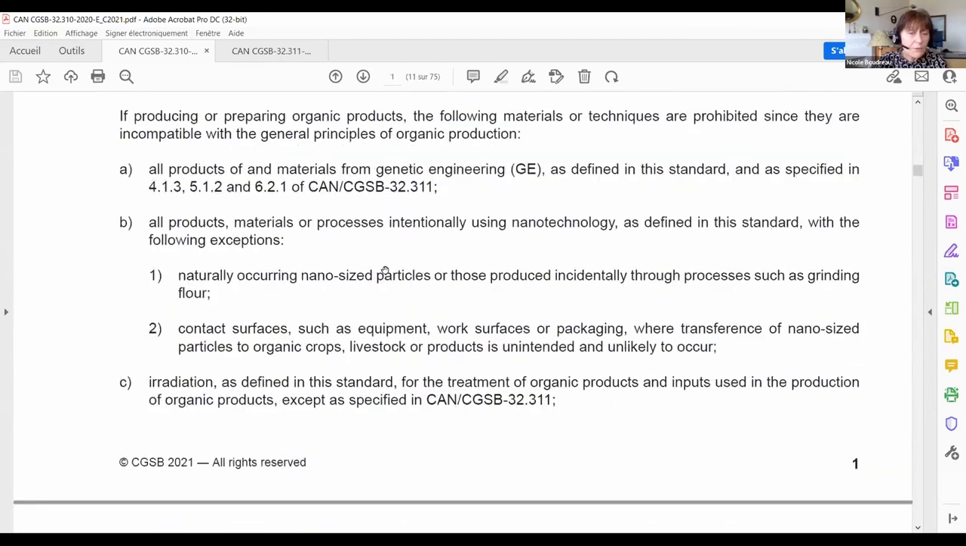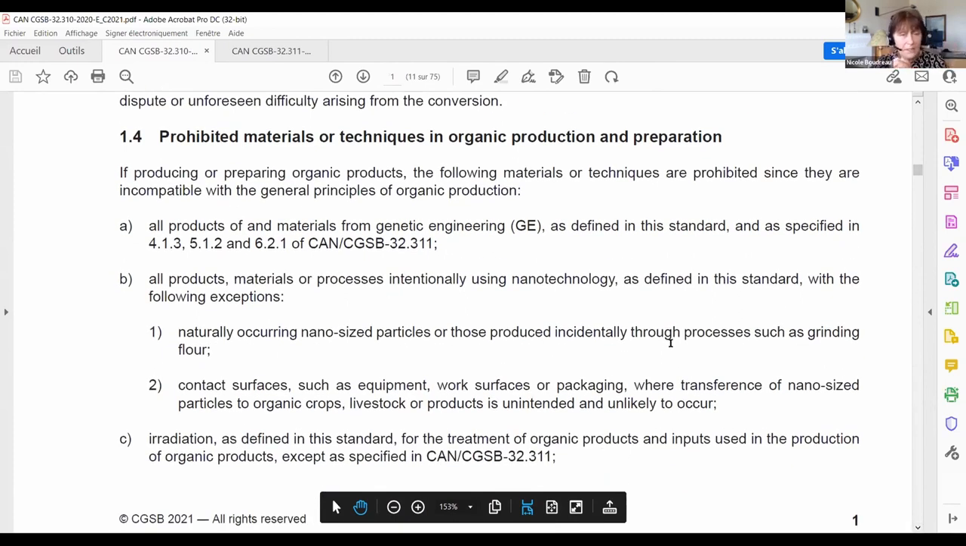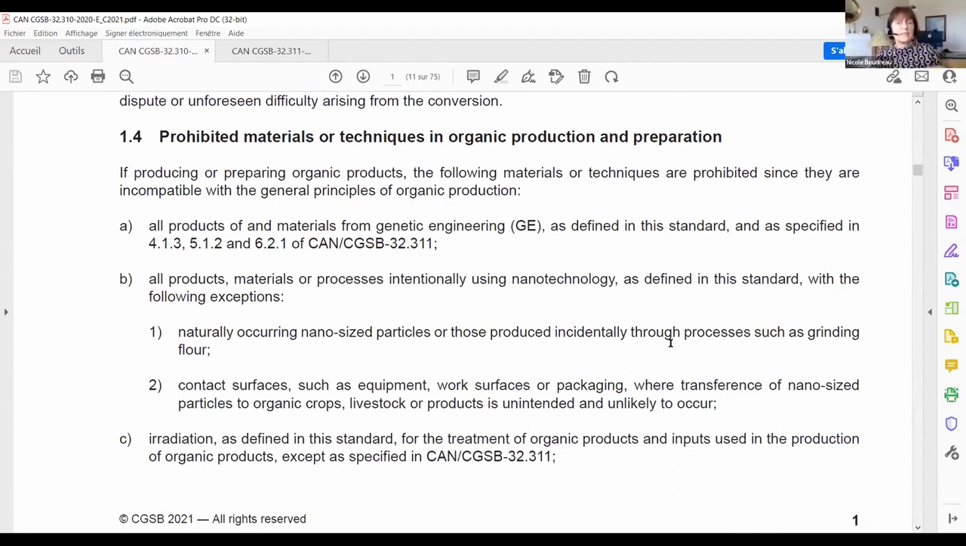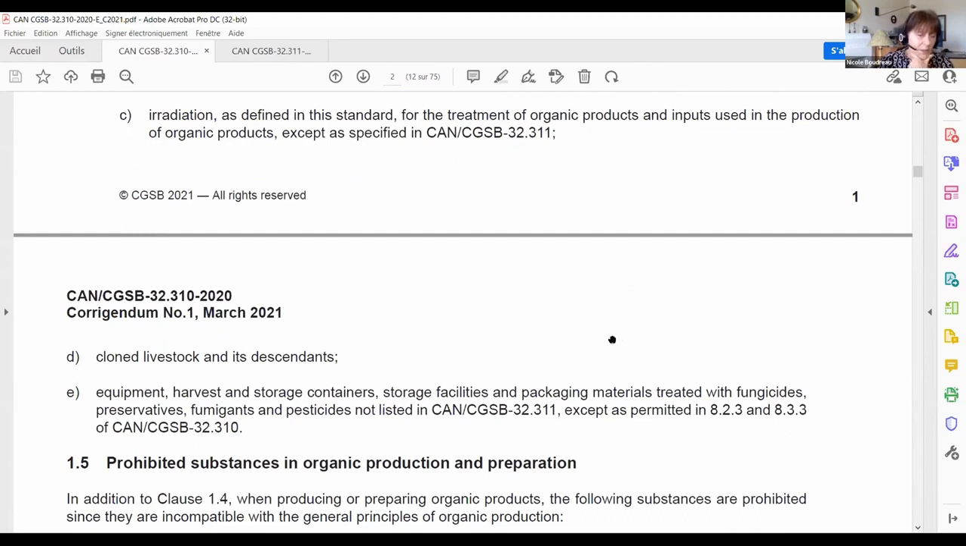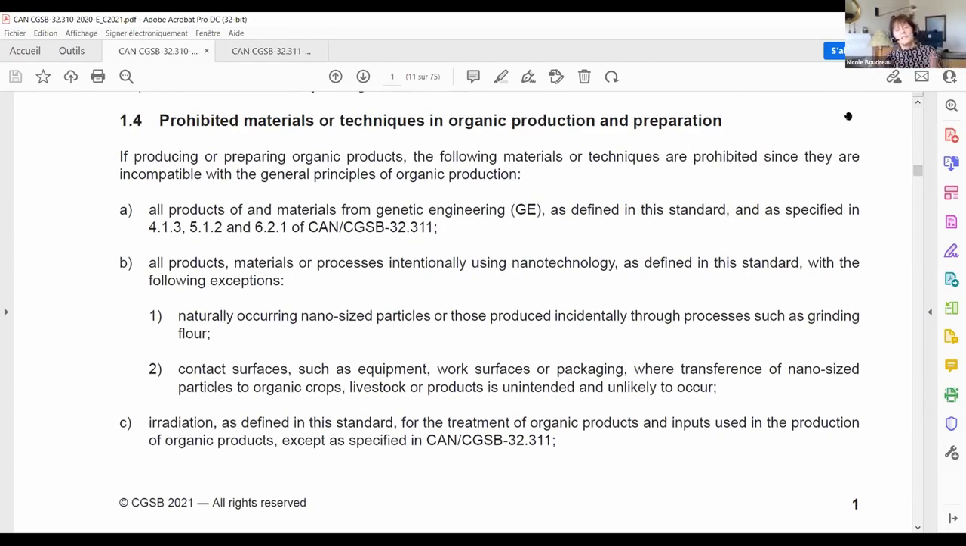So the big thing to read when you start looking at the standard, and it is right at the top of the standard in section 1, you have 2 big clauses that dictate the rest of the whole standards. These are 1.4, prohibited materials or techniques in organic production and preparation, and 1.5, prohibited substances in organic production and preparation. I know it looks prohibitive when you look at this, but you will see that the second document of the standards is the permitted substances list. So it's not all negative here,